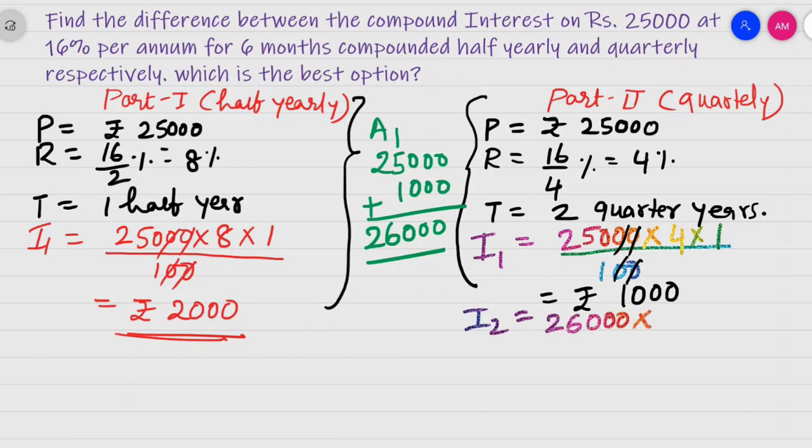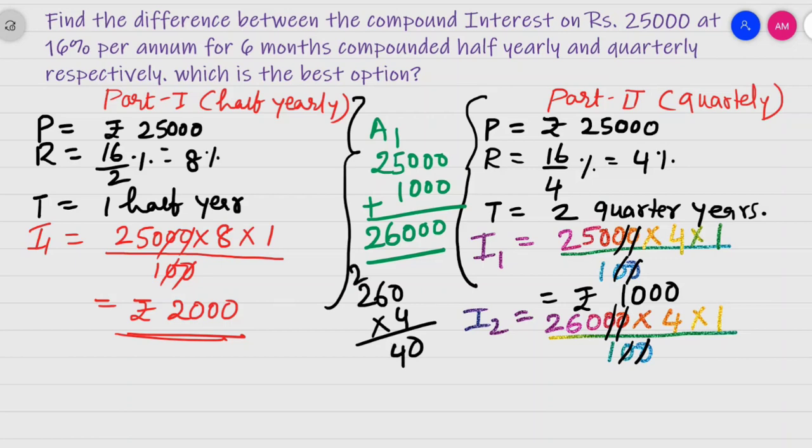So here when you calculate interest for the second year, your principal amount will be equal to 26,000 multiplied by your rate, which is how much? 4 into 1 quarter divided by 100. Now when you cancel zeros, 1, 2, 1, 2, you will be left with 260 into 4. Let us quickly see what is 260 into 4. 4 zeros are 0, 4 6s are 24, 2 4s are 8 and 2 is 10, 1040. So this amount is equal to 1040.